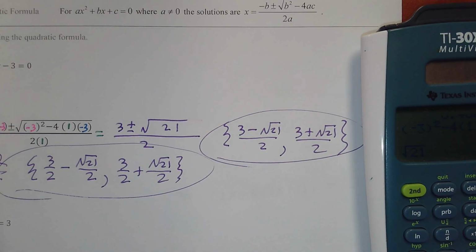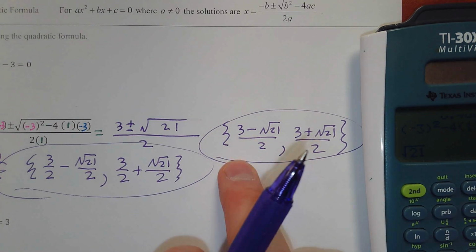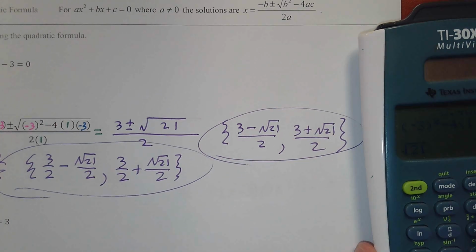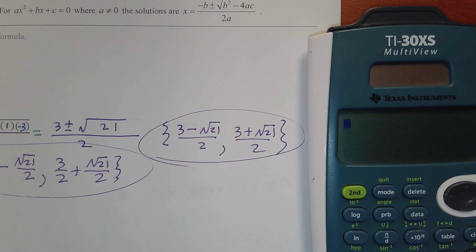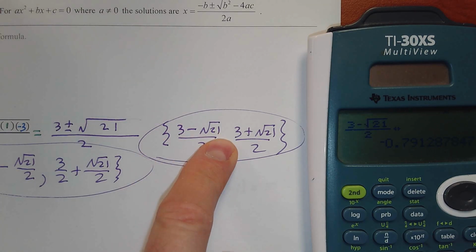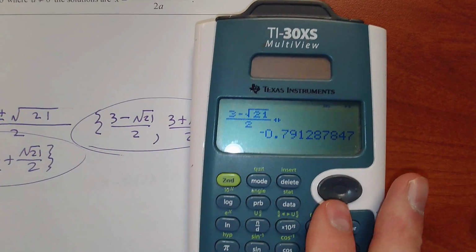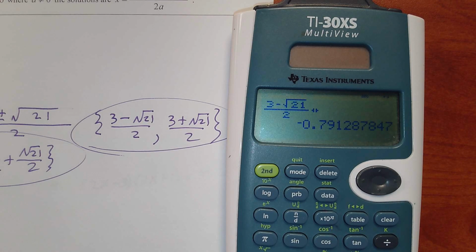Now, as I mentioned before in the last video, make sure you know how to enter these to get your decimal approximation. Some of you have commented that you don't have a TI-30XS, so it's not going to allow you to enter this like this and get your decimal approximation. If that's the case, keep in mind this is the numerator divided by the denominator. So if your calculator does not allow you to do this, you can take that numerator and put that in parentheses,